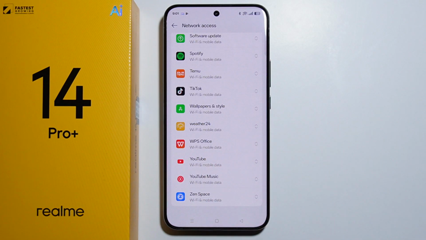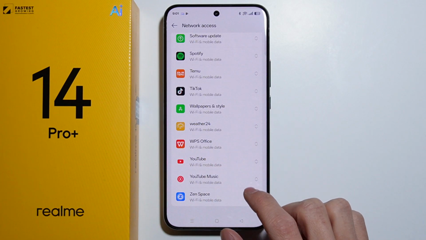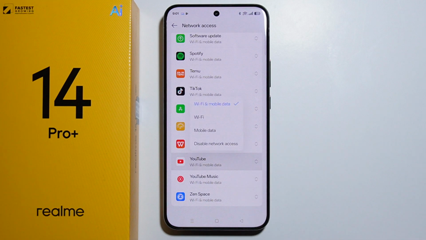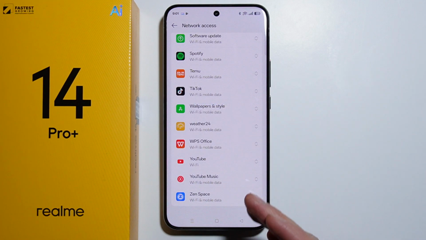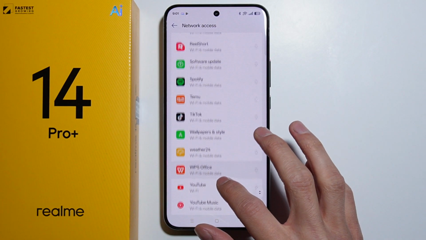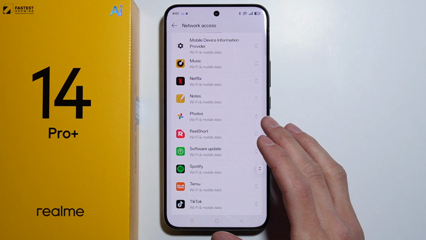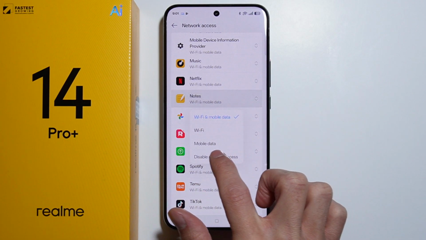access, and you can configure it. Actually, we can set it up. And for example, for YouTube application, we can enable only Wi-Fi, so the YouTube application will not drain our mobile data. And I don't know, for example, we can also set up for the Notes application to use only mobile